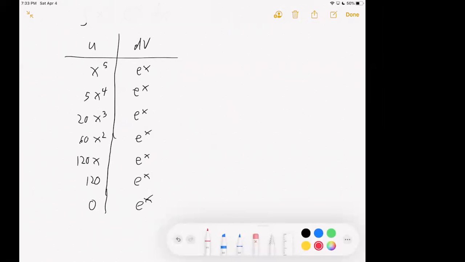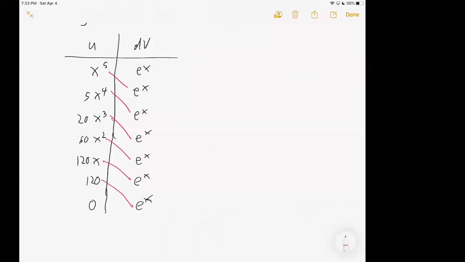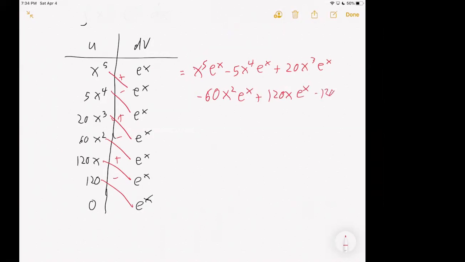Put in the diagonals. Plus, minus, plus, minus, plus, minus, and the answer is x to the 5th e to the x minus 5x to the 4th e to the x plus 20x cubed e to the x. Let's see, minus 60x squared e to the x plus 120x e to the x. Okay, and finally minus 120 e to the x